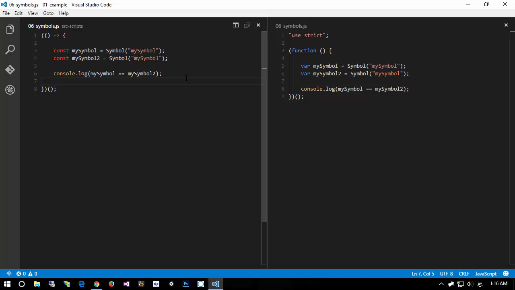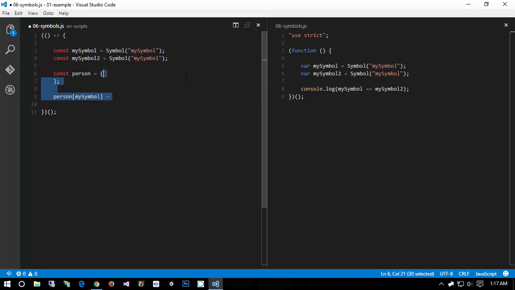So why is it important at all? Why even deal with symbols? Well, let's say I create an object. So I create my person. And inside my person, I want to go ahead and create a private field. So what I can do is I can do [mySymbol]. Now notice the brackets here. The brackets indicate that we're doing a computed property. It's equivalent to if I had done person[mySymbol] equals,